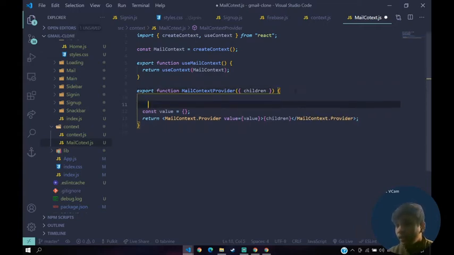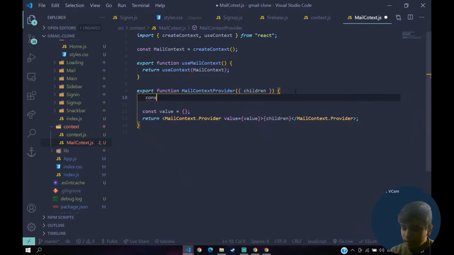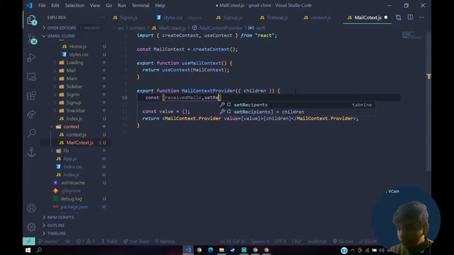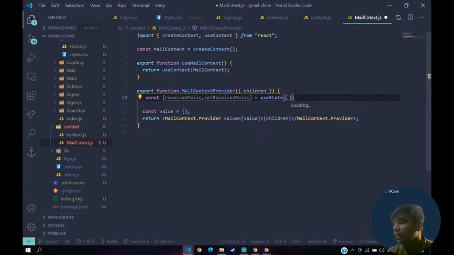First we create a state: const receivedMails, setReceivedMails equals useState of an array, initially an empty array. So one thing I was thinking about, later on we are going to change it to on-screen mails.